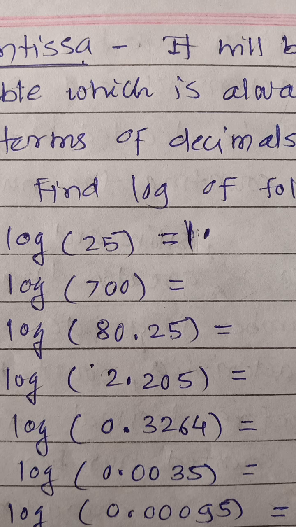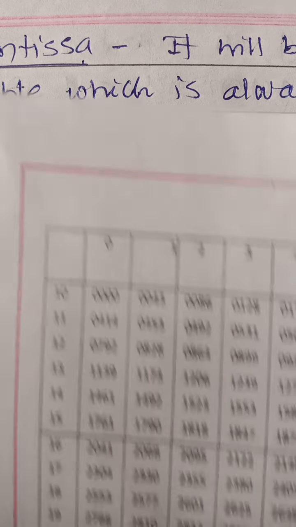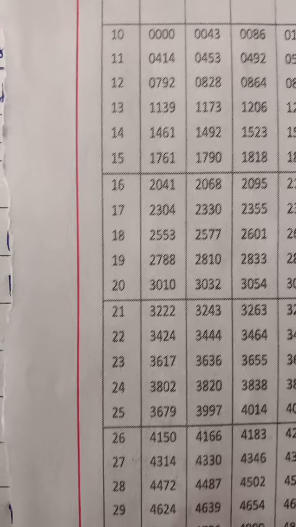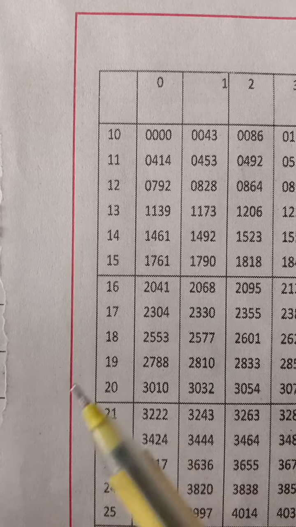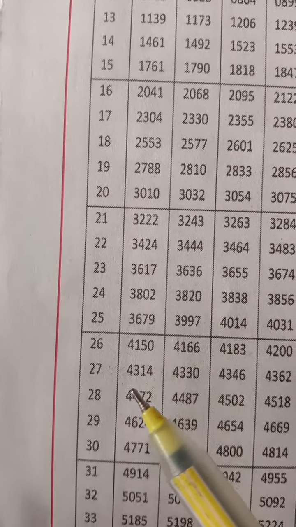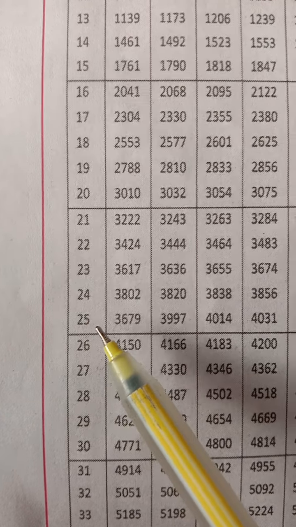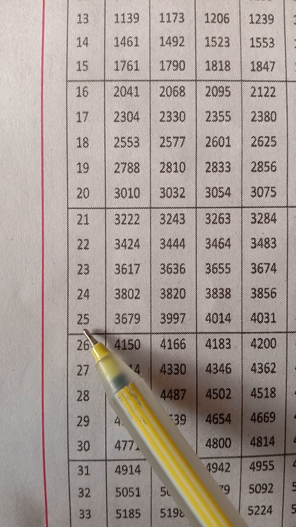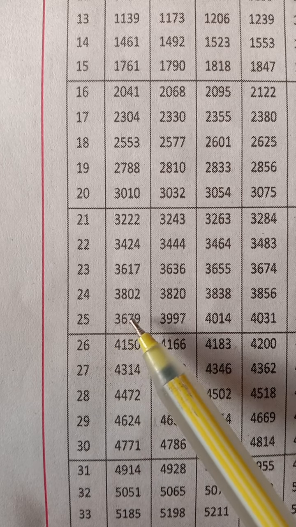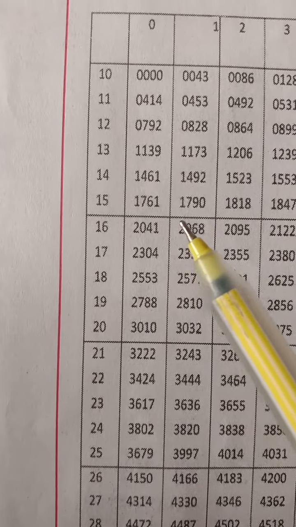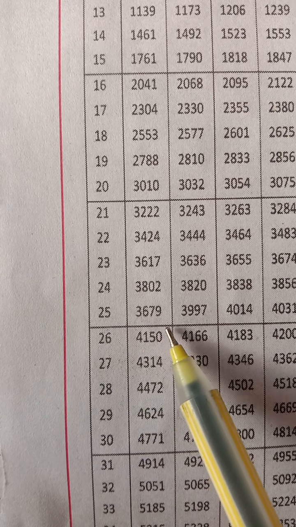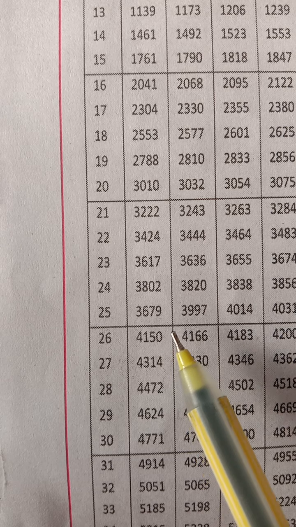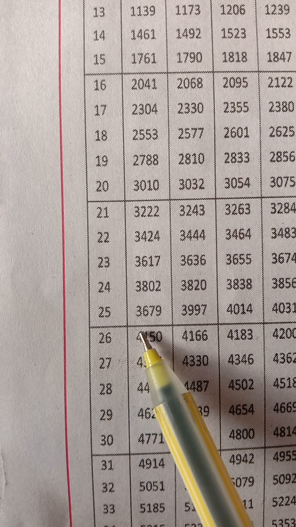And now for this 25 we will have to find its mantissa, and for this purpose this table will be used. From the very first column on the left side we will have to observe these numbers. Now our given number is 25, so this 25 lies here. After 25 there is no digit, and therefore in the very first column, that is the 0th column, going horizontally from this 25 we find its mantissa, which comes out to be